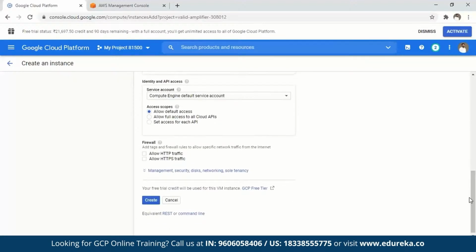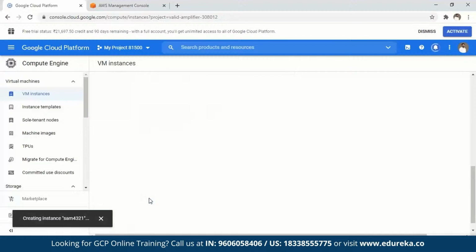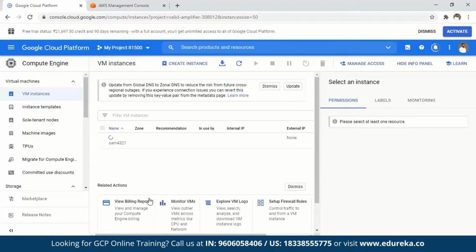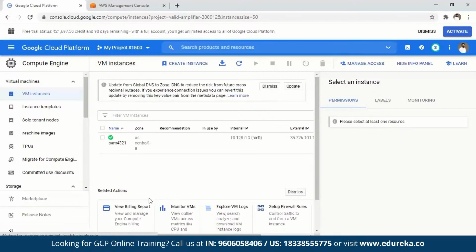Let's just go ahead and say create. And just like that, my instance would be created. Guys, here you also have an option of working on quite a few other factors. You can just go back to the instance and see what kind of virtual network it falls under, and what kind of storage is attached to it. By default, you'll have persistent disks attached to every VM that you launch. We'll see what those mean as we go ahead, but just to give you a gist, that is what it is.